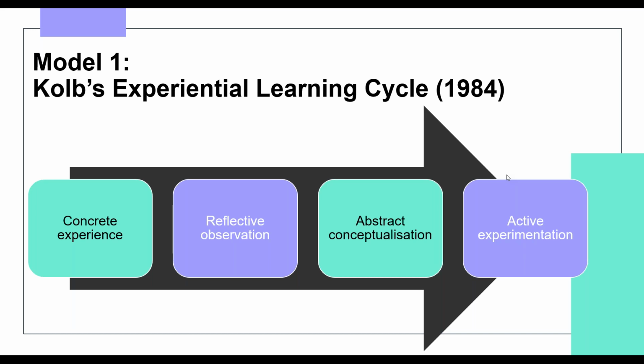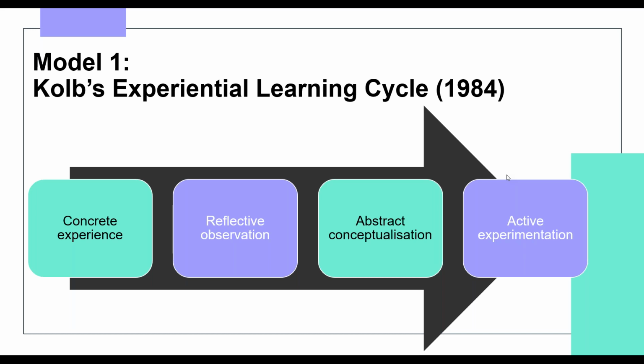And once we've done this, we then make links to other facts or knowledge and understanding that we have to make sure that they make sense of the experience. And that's what Kolb means by abstract conceptualization. It's particularly important for something that's new. When something new or different happens, you make links to existing or prior knowledge to make sense of that new learning.